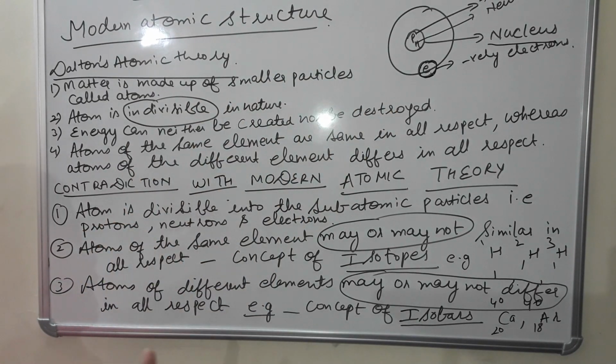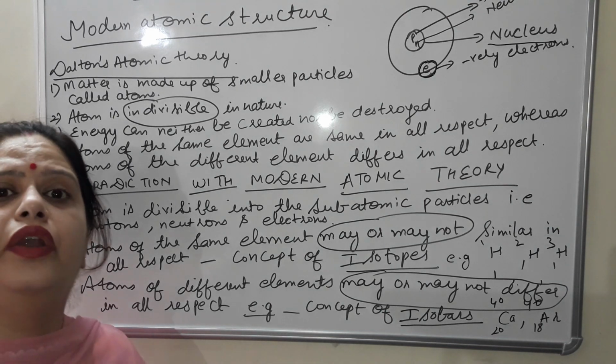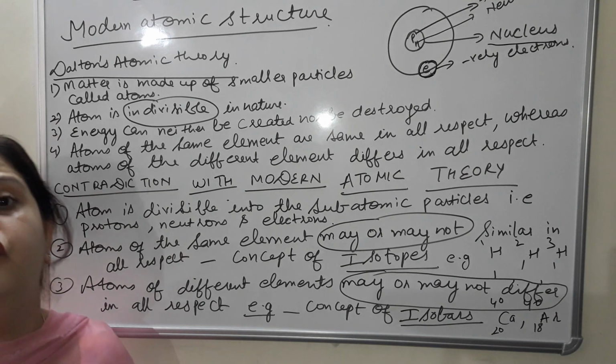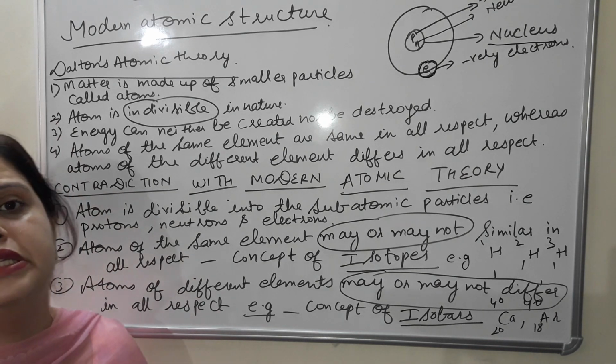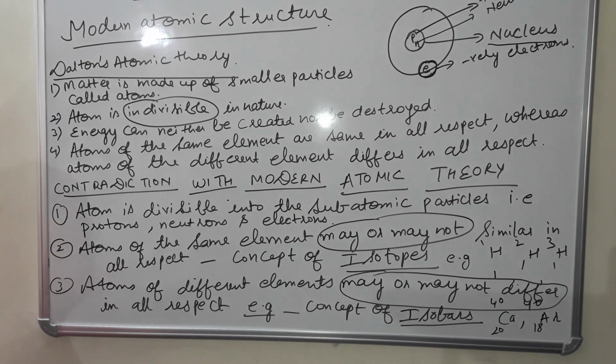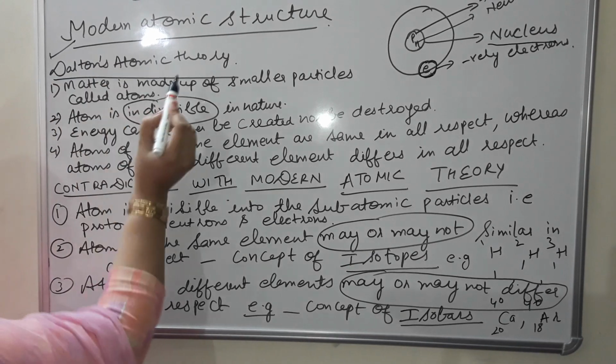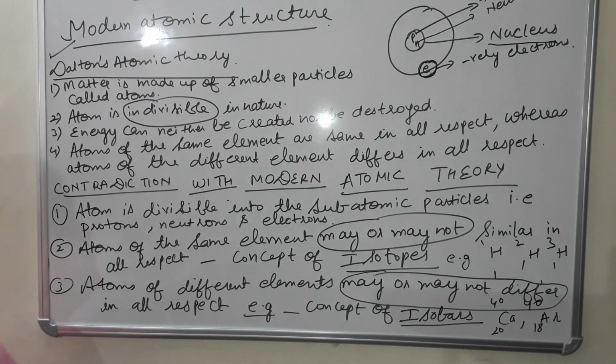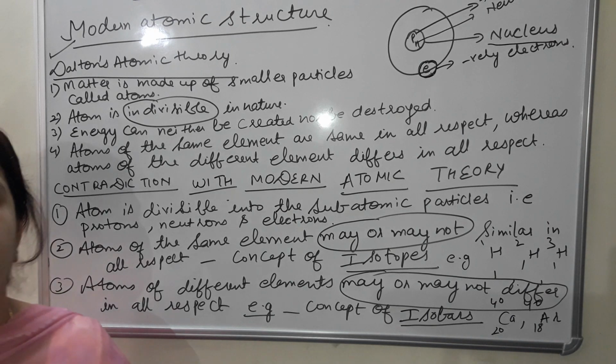Now what are these protons, neutrons, electrons? How were these discovered? What are their roles? How are these related with atomic number, with mass number, with valency? All these things we have to discuss in this chapter. So first of all, I would like to discuss the point that I have written, Dalton's atomic theory. The atomic theory which was given by John Dalton is known as Dalton's atomic theory. When he discovered what, according to him, was the smallest particle, he named it atom. And then he gave a theory related to this.